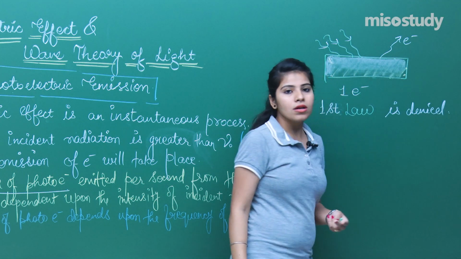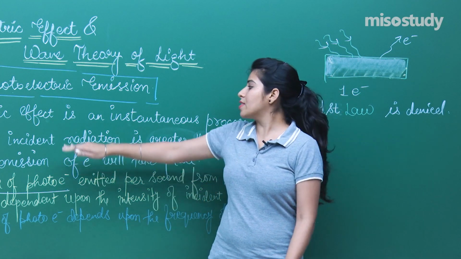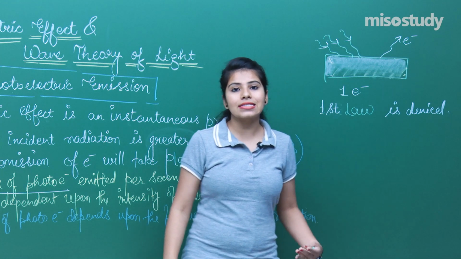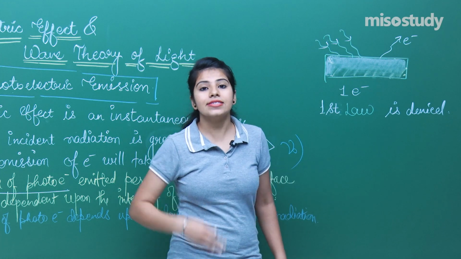What is the first law? That it cannot explain that the photoelectric effect is an instantaneous process. The second thing